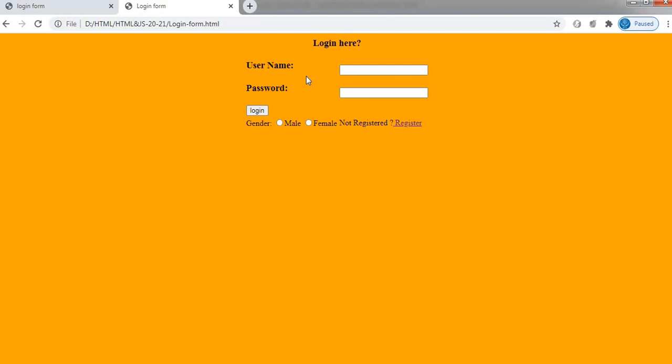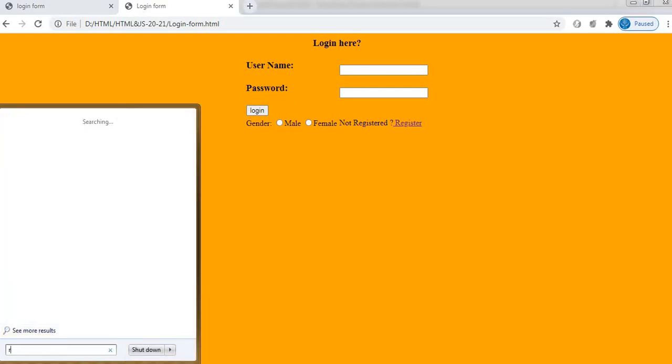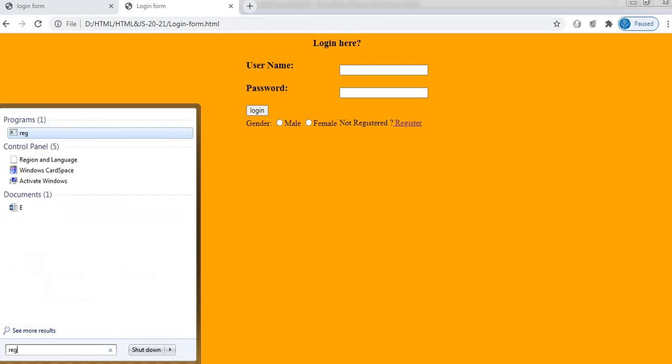So this is how we have seen how to create a login form and how to create a registration form. So we'll see the registration form where some more buttons we have added.